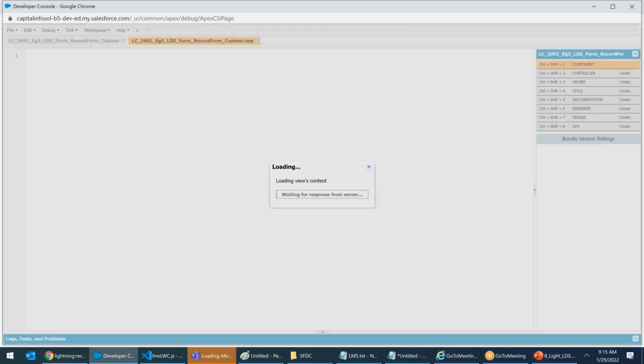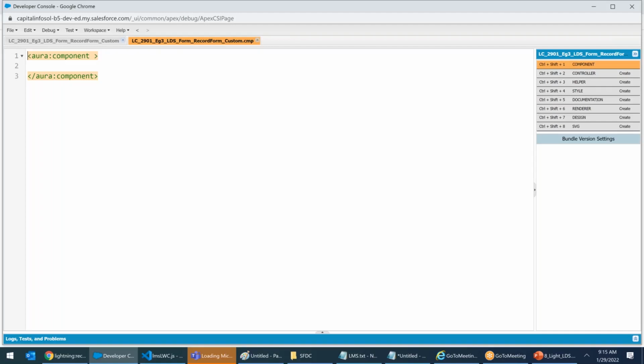Any doubt? So now I'm creating a custom one. Whenever you want to use, for example, I will say lightning card. Lightning card. Title